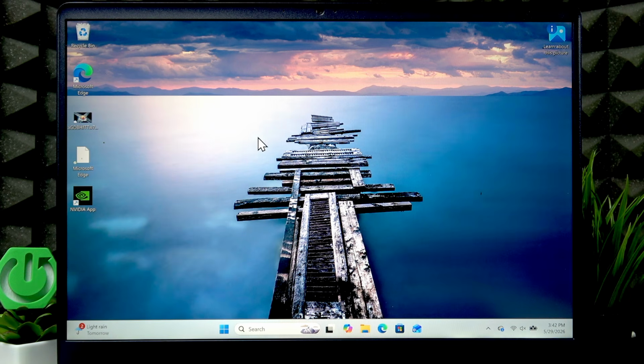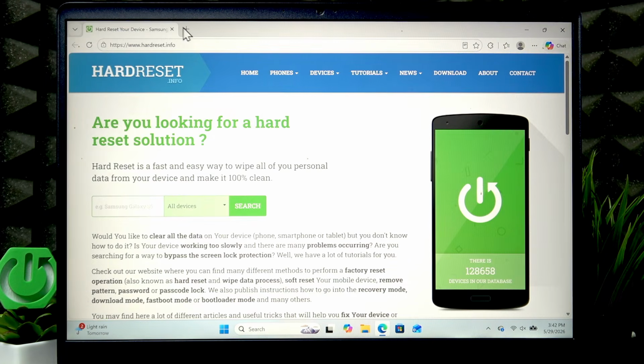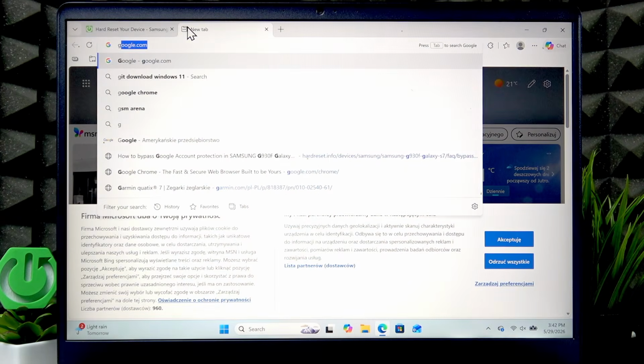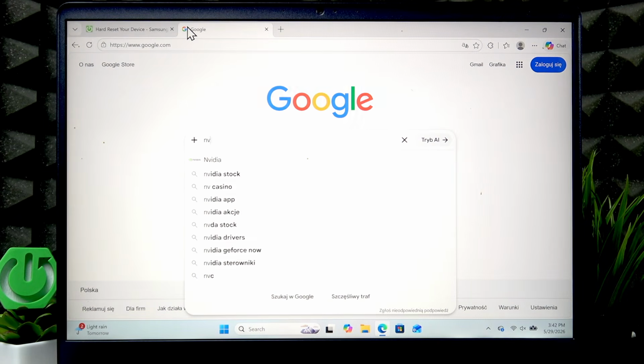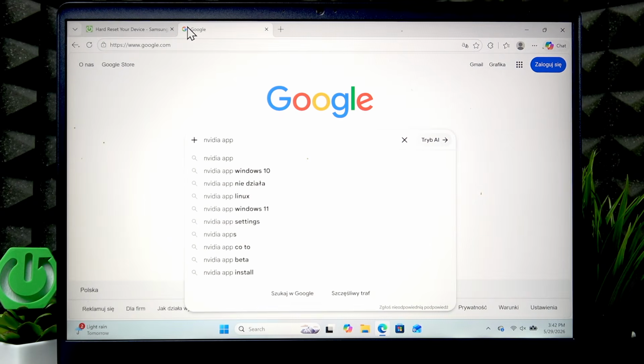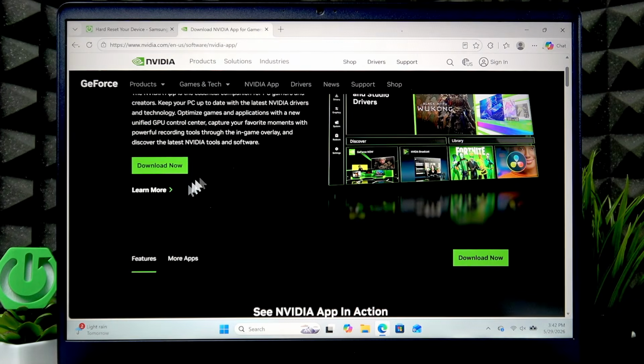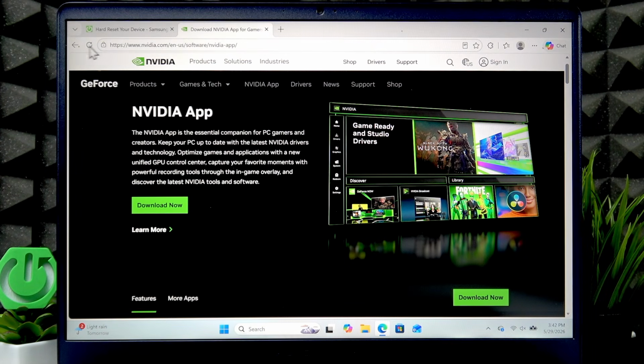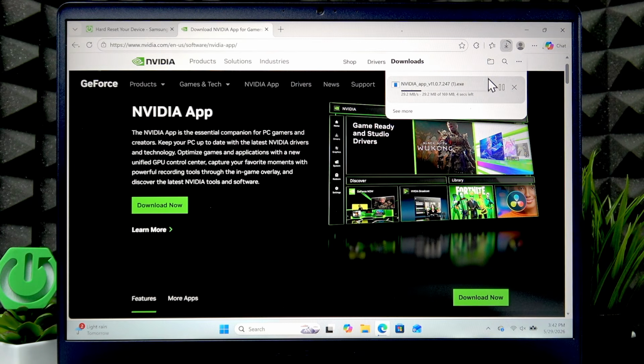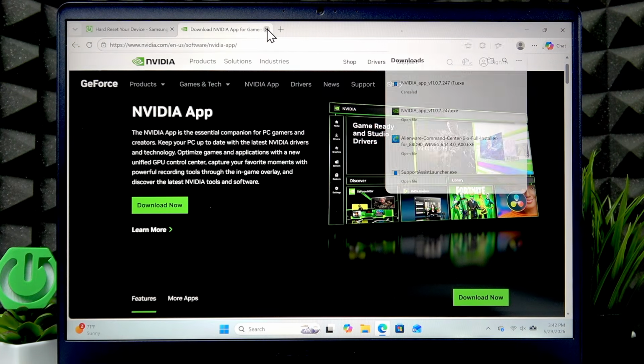In order to enable DLSS globally, we're going to need to install the NVIDIA app, which you can install from the official NVIDIA website. Just search for NVIDIA app using your web browser and search engine of your preference. Open the official NVIDIA website, click download now. Then once this program is downloaded, you have to run the installation file and then go through the quick installation